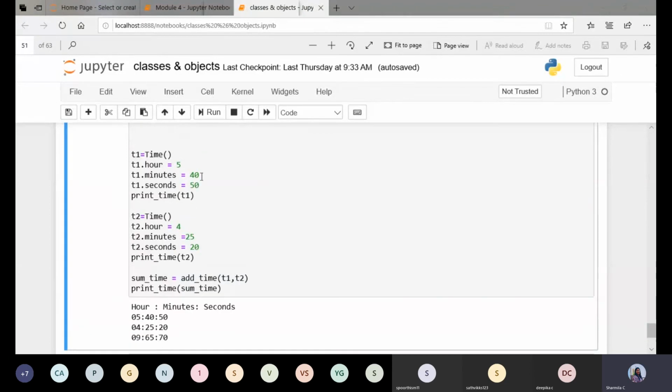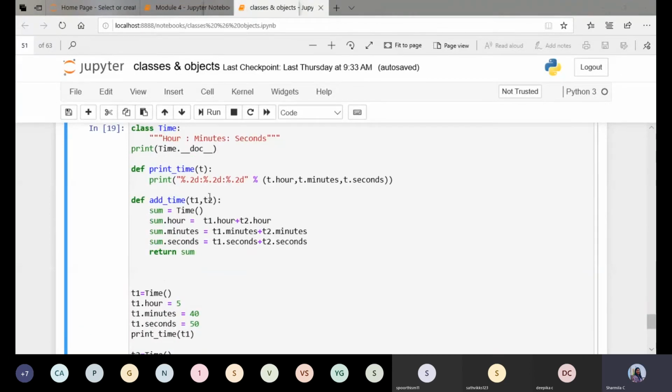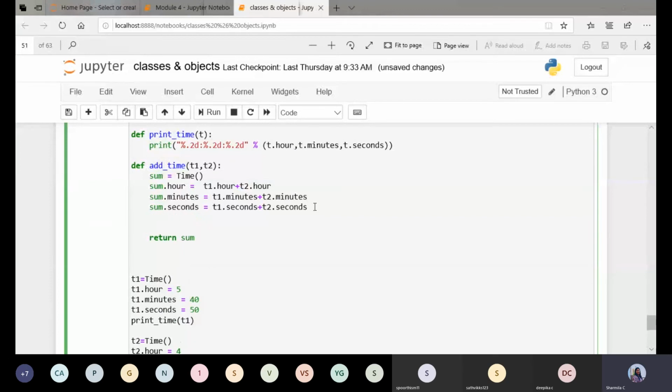Since this is not modifying any of the values of the objects sent as arguments to this function, these types of functions are called pure functions. Now we'll look into what modification has to be made.